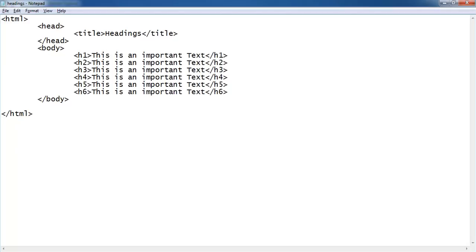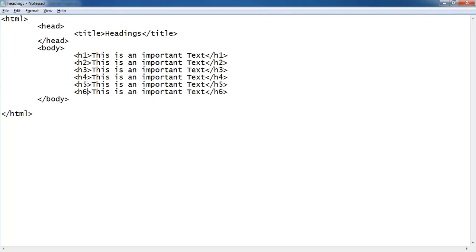As I said earlier, HTML supports 6 different types of headings. It starts from h1 and ends at h6. A text which is enclosed between the opening and closing of the h1 tag will be displayed with maximum size. That means that h1 displays the text with a maximum size and h6 with a minimum size.